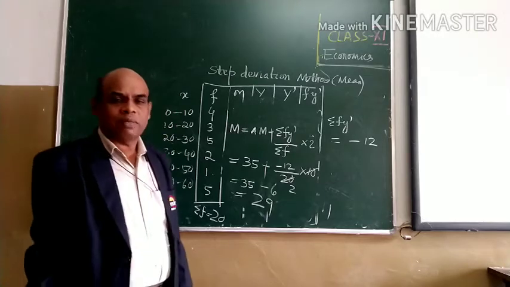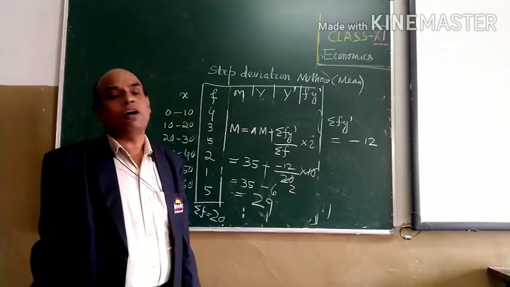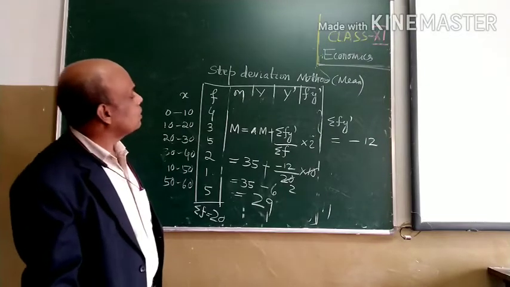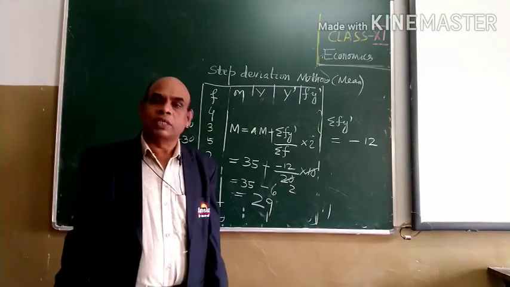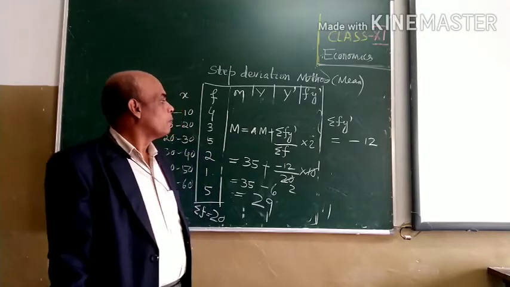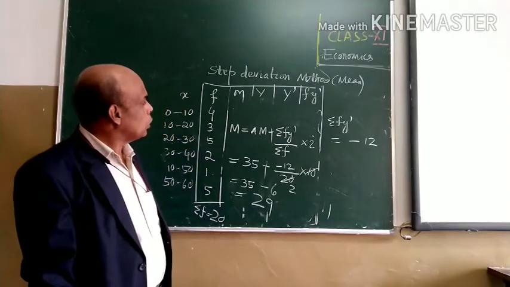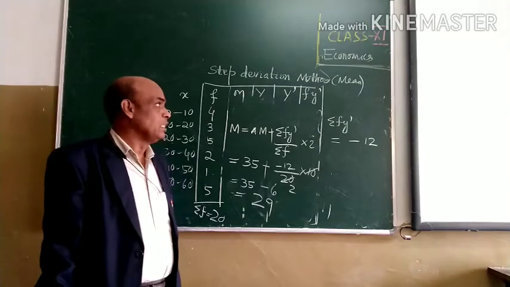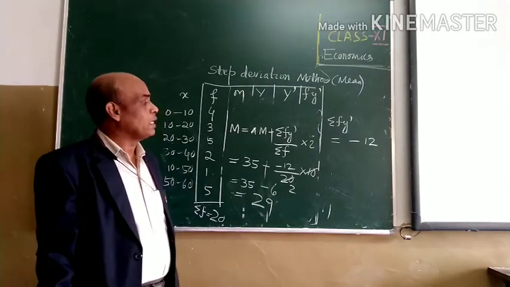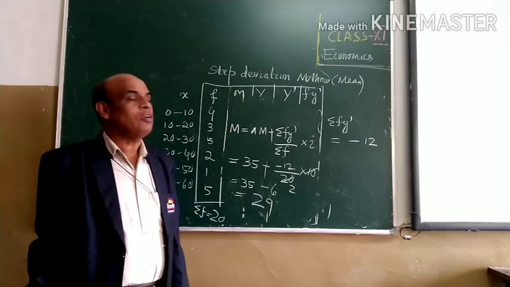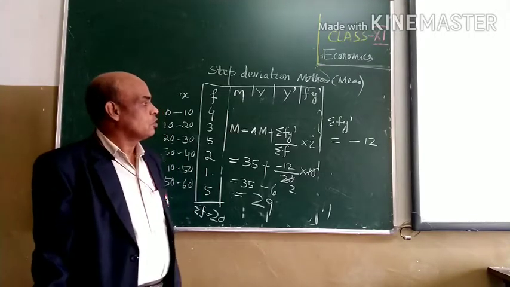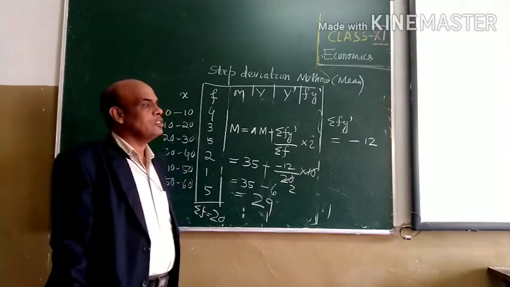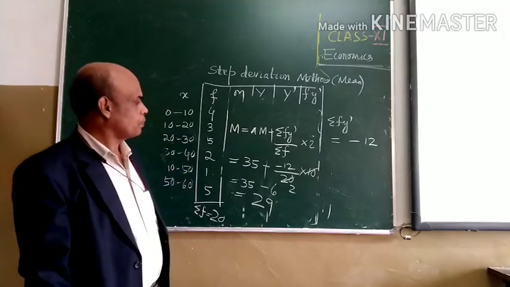One is for the direct method, another is for the shortcut method, and another is for the step deviation method. So I think you can do the numericals for calculation of mean by using any of the three methods. So now after that we will also discuss another